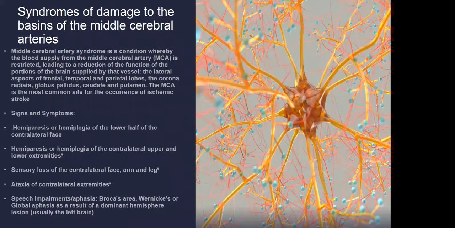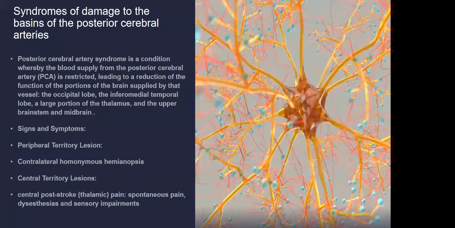Signs and symptoms: hemiparesis or hemiplegia of the lower half of the contralateral face, and hemiparesis or hemiplegia of the contralateral upper and lower extremities, and speech impairments or aphasia. It's Broca's, Wernicke's, or global aphasia as a result of the dominant hemisphere lesion. It's usually in the left brain. Next,